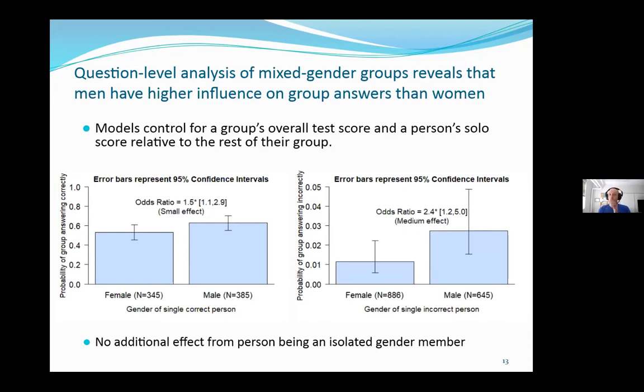And importantly, going back to the previous slides that I was talking about, we don't actually see an effect. Oh, sorry, I didn't actually mean to go back, Phoebe, but thanks. We didn't actually see an effect for isolated gender. So if we do some of this work, but we just pay attention to isolated gender, or we also include isolated gender, that's not happening. As long as you're in a mixed group, we're seeing these effects with men and women in terms of how they influence the group's answer. All right, Phoebe, I'll go to the next one.